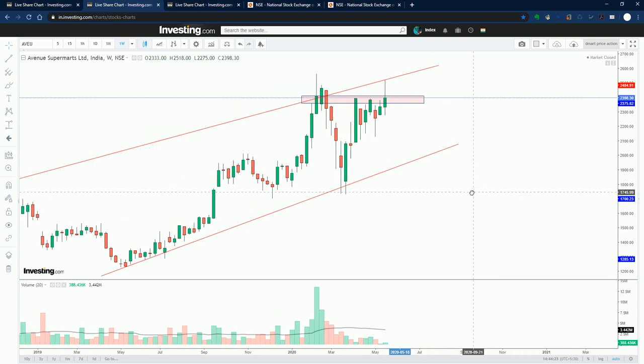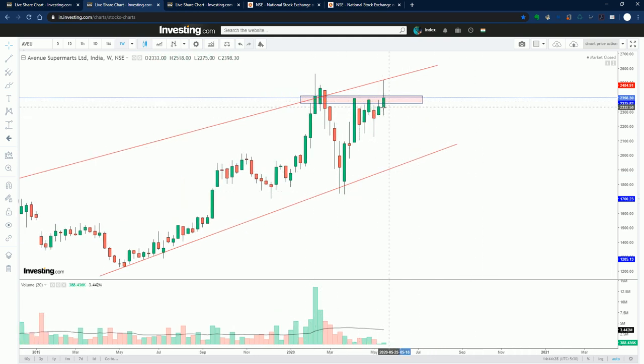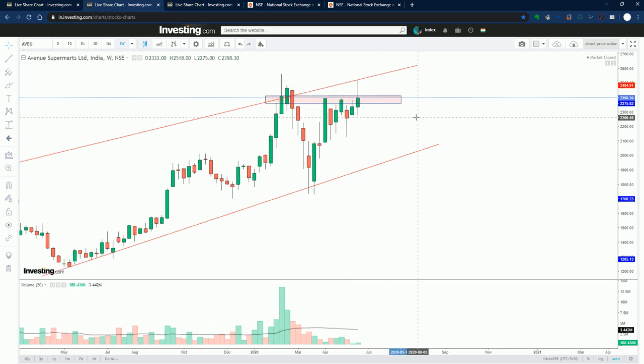See, this box is acting as a strong resistance zone, even though there are green candles. It tried to go above that, but only one green candle was formed above this on the weekly chart, and after that there is no candle formation. Here also it tried to form, but there was a strong rejection and a big wick came up in the last week. So this zone is acting as a strong resistance, and one more level is also acting as a strong resistance. I will show that level also.